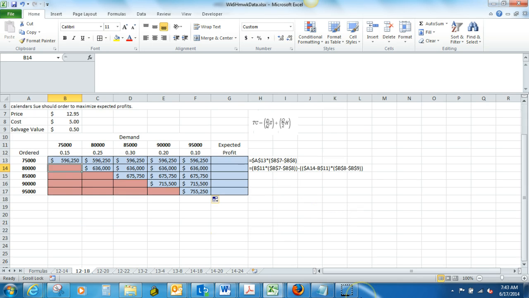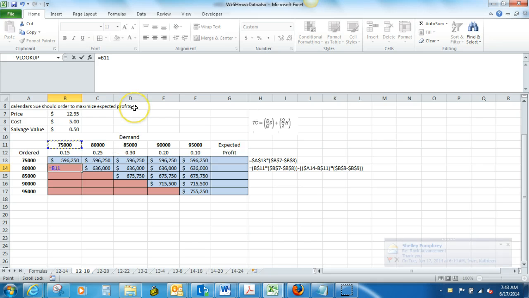So what we want to do here then is we want to put in our equal sign, and we want to do our B11, which is the amount that we have ordered, times